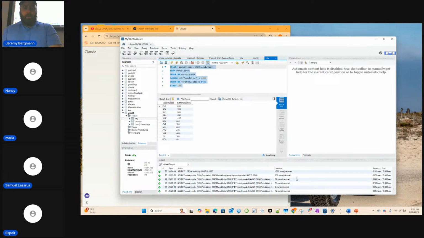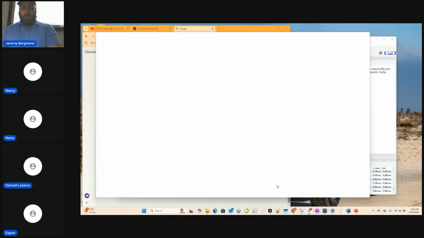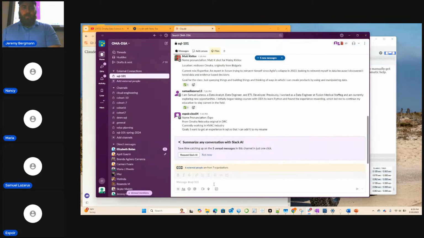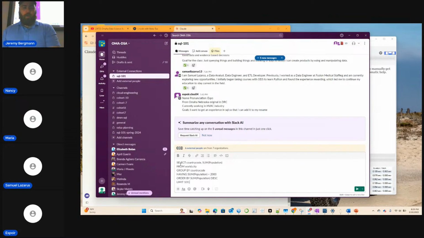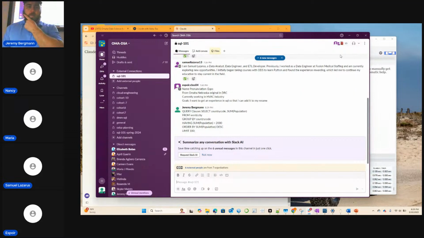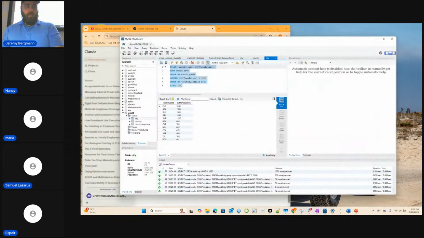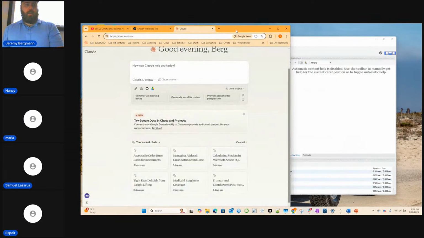So that is it. I'll even put that one in Slack, that covers each one of the query clauses. And that's a query language there.